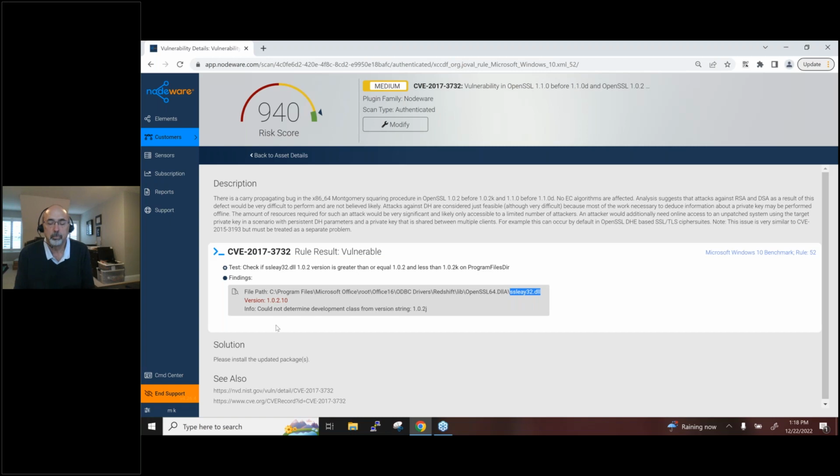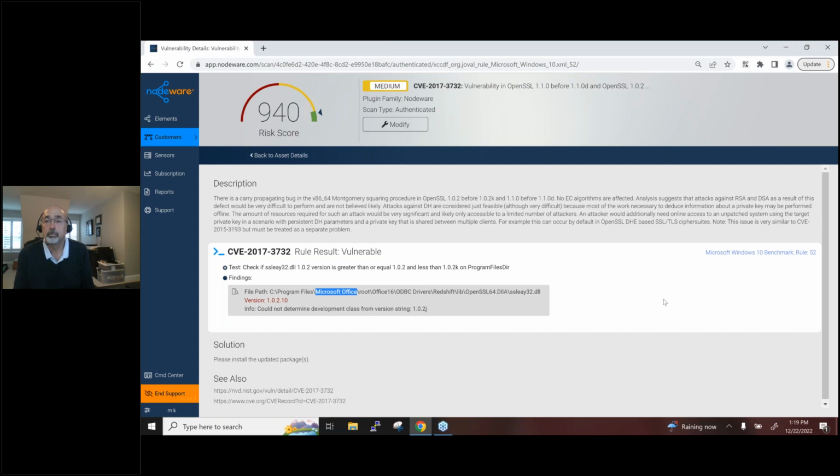So the deep scan data really saves you research time, because I can't tell you how many people come back and say, all my updates are installed and I'm still getting this vulnerability. Why? And we point to this or something very similar. Typically we would say, put credentials on the sensor or install an agent, and it'll give you the exact pathing. The pathing also provides the program that is doing it. So you can see right here, Microsoft Office.